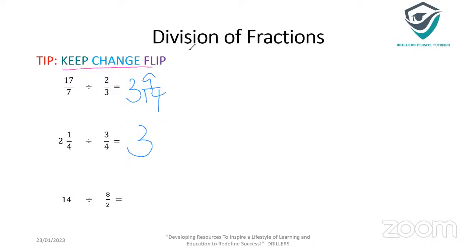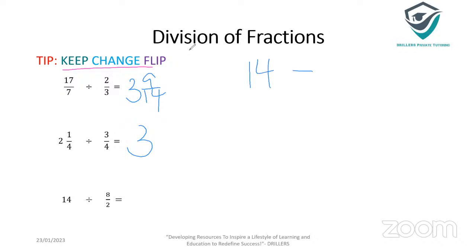So now we can do the third question. So we have 14, which is a whole number, divided by 8 over 2. So you probably would say, how come we're dividing a whole number and not a fraction? Remember, I told you earlier about things you should know about any number. Once you have a number, if we want to write it as a fraction, it is understood that that number is divided by